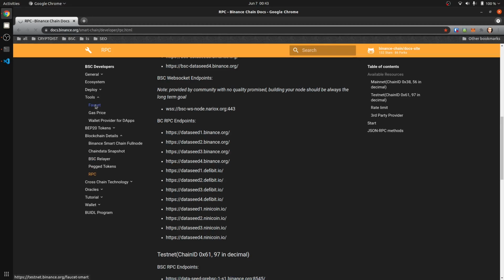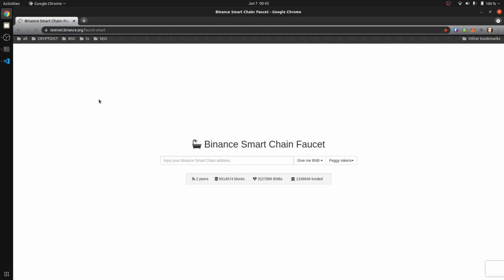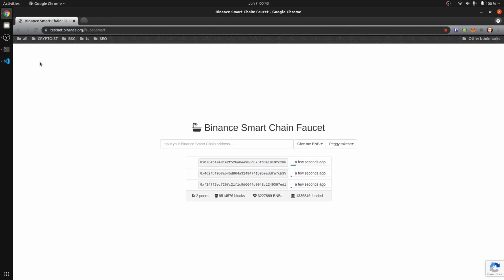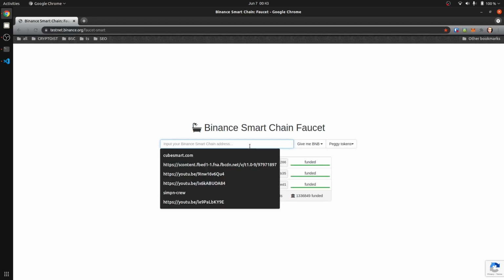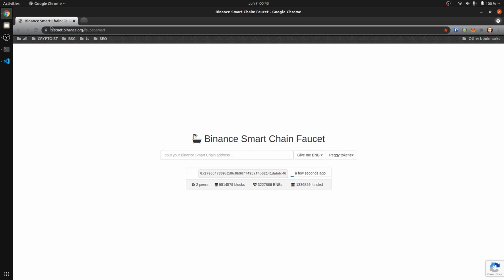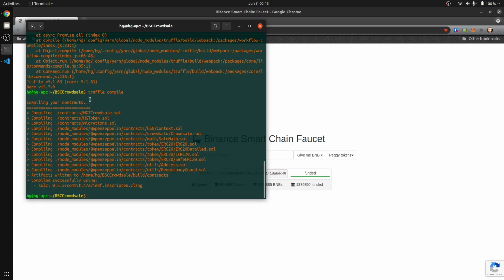And the tools faucet, and then you take that first address that you got from Ganache. If you don't have another development address, use the first address for the mnemonic phrase, that's the one that Truffle is going to use to deploy this contract. So you want to put that address in here, the 0x address, and then give me BNB, and then you're ready to deploy. So Truffle deploy